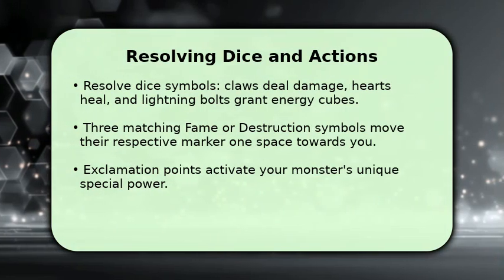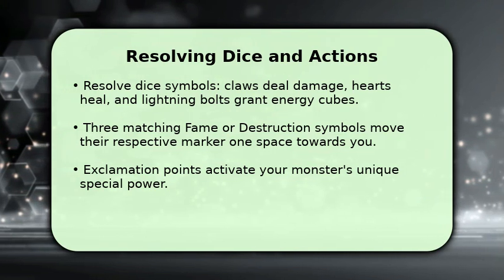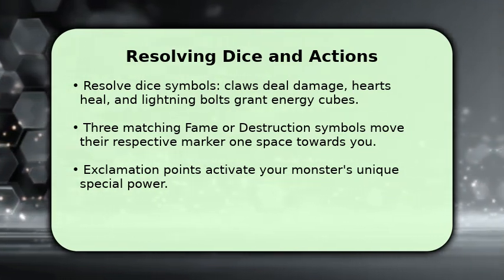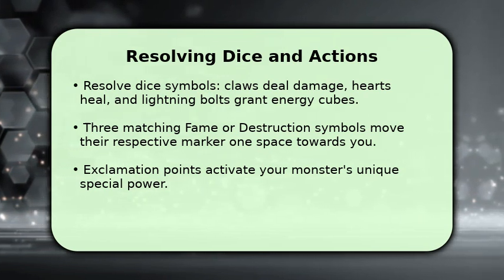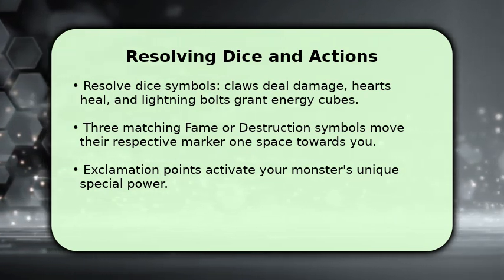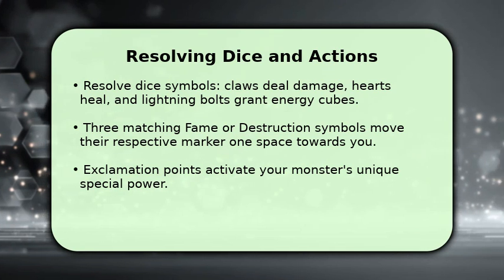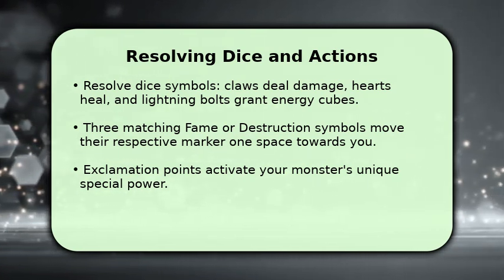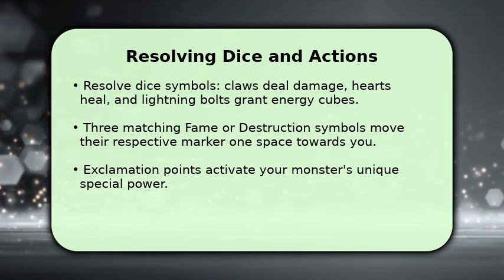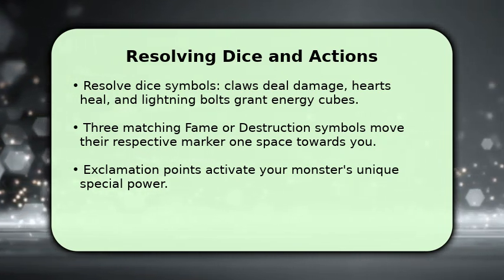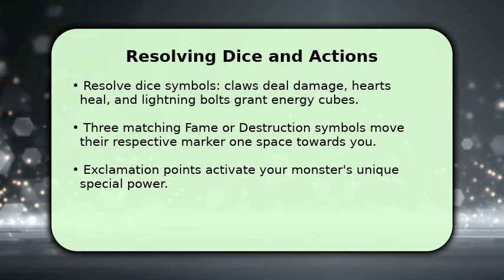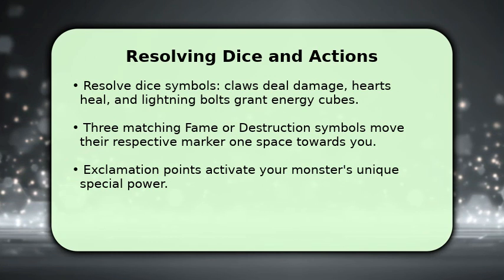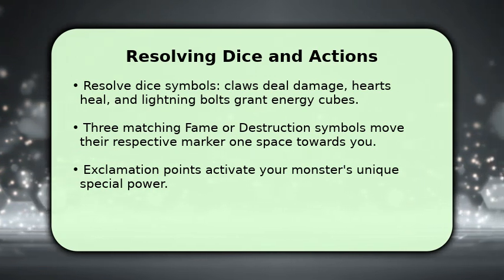After rolling, you resolve your dice symbols. Each claw deals 1 damage to your opponent, while each heart heals 1 of your own life points, up to your starting health. Lightning bolts grant you 1 energy cube each. If you roll 3 matching fame or destruction symbols, you move that marker 1 space towards you, with additional symbols moving it further. Exclamation points activate your monster's unique special power. Finally, you can spend energy cubes to buy power cards from the market, or simply gain 1 energy cube if